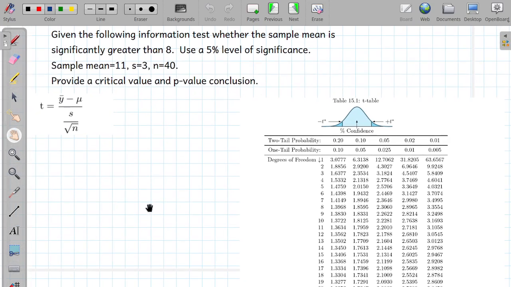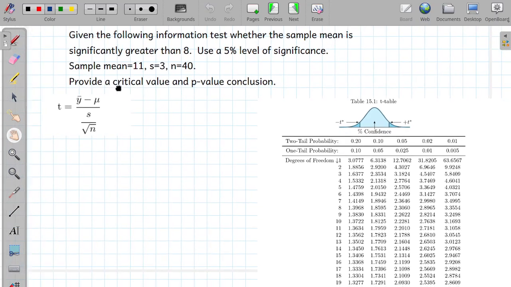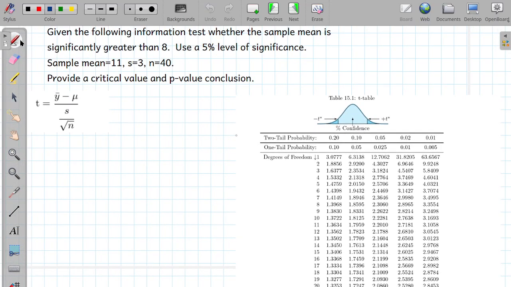Let's look at our first question. Given the following information, test whether the sample mean is significantly greater than 8. We'll use a 5% level of significance. And the sample mean is 11. Sample standard deviation is 3, n is 40. And we're going to do the critical value method as well as the